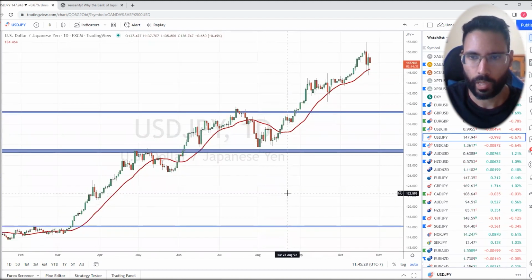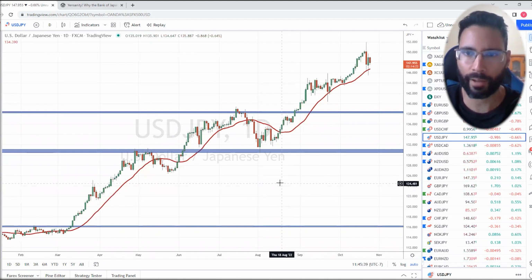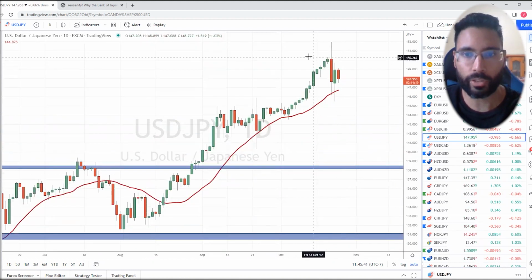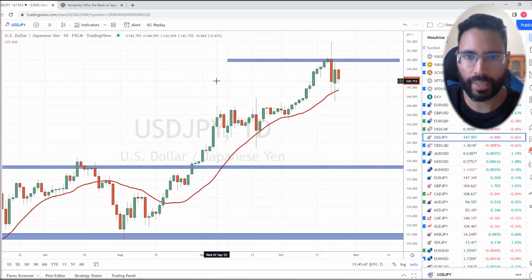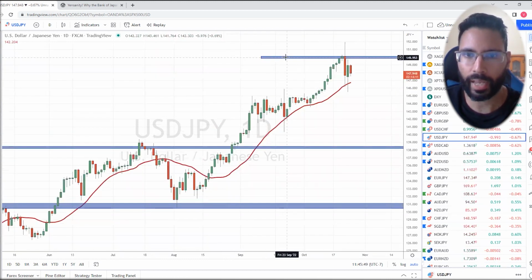But again, folks, you guys know that pivot story is not necessarily over just yet. I think the markets are really expecting that, but I think we'll have to wait and see what central banks will have to say. But as of now, it does look like the 150 zone on the US dollar Japanese yen is sort of that line in the sand that the Bank of Japan has right now.